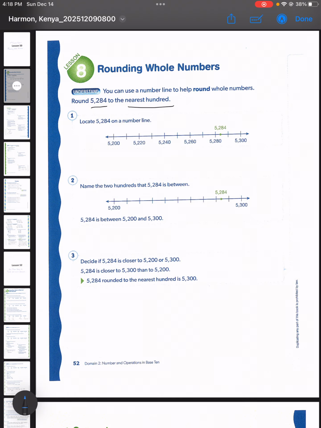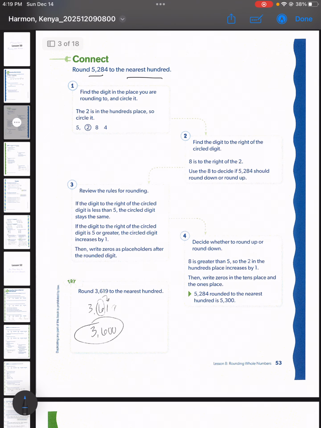And so we're starting with 5,284. Students need to be able to name that 5,200 is smaller than the number and 5,300 is larger than the number. And then they need to be able to identify as they plot what 5,284 is closest to, and that will help them round to 5,300. As they jump into